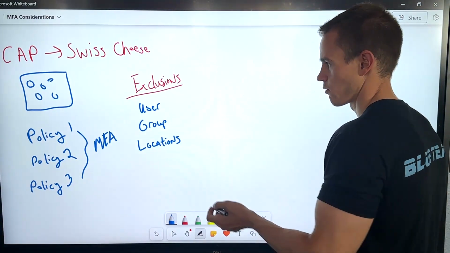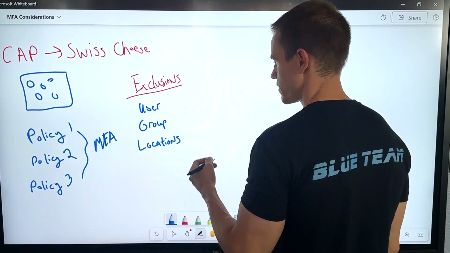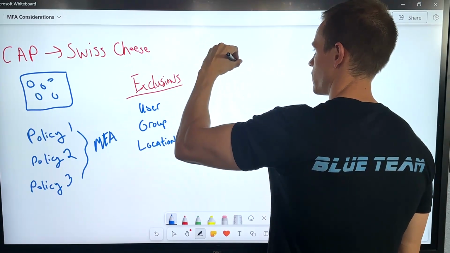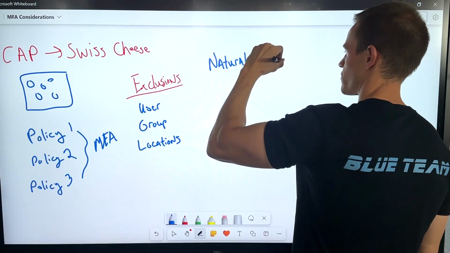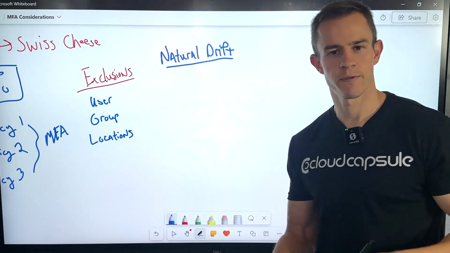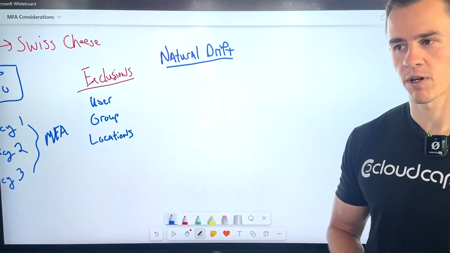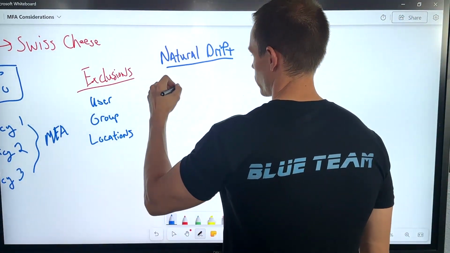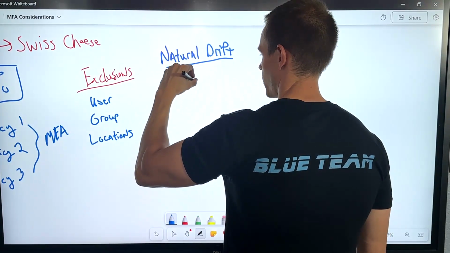So with this, when we talk about exclusions and some of the recommendations there, we also have, again, this consideration of drift. And drift is really just over the course of time through business processes, you may have different exclusions that pop up and they create holes within your policies where there's actually an attack vector that could be exposed there. And so some of the exclusions here that you would commonly see